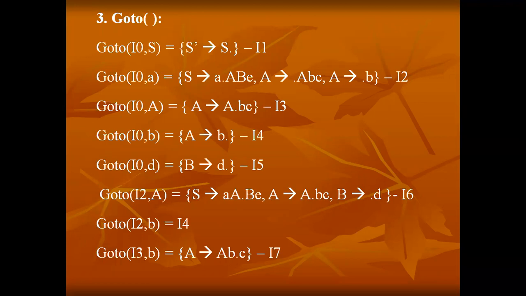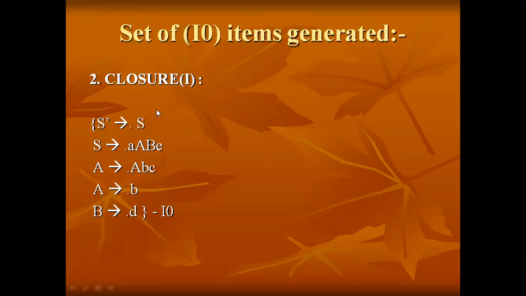Here I am performing the goto computation, goto of. Initially, from the closure, I have a set consisting of a collection of rules. That we can call a canonical set of rules. So I named this set I naught. Now from I naught, I need to perform the goto operation by calling the item number along with the symbol. Why I call it a symbol: sometimes it may be a non-terminal and sometimes it may be a terminal.